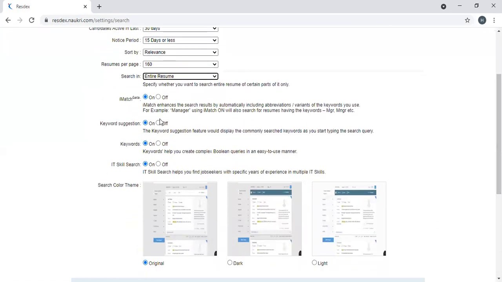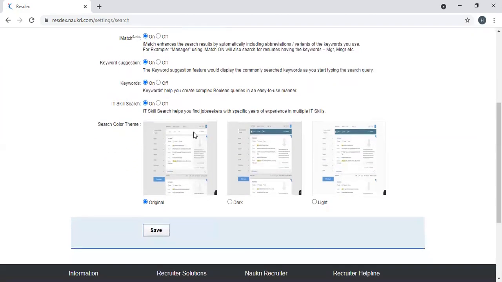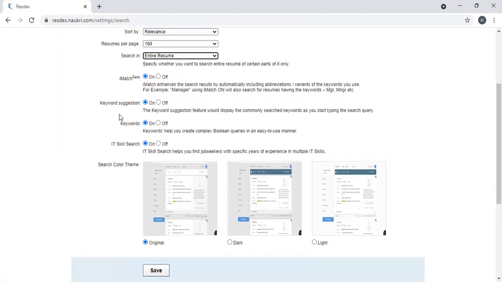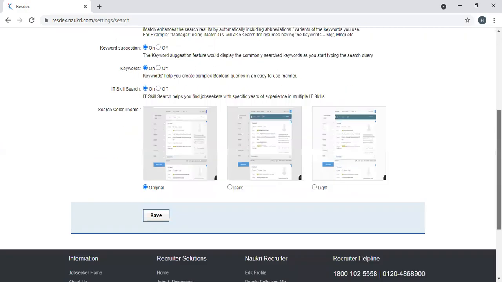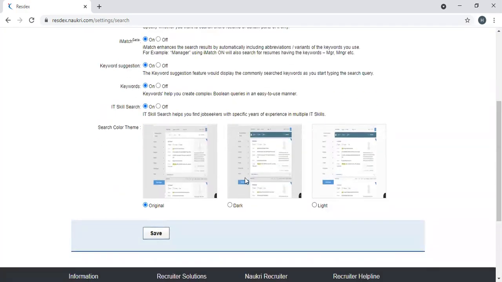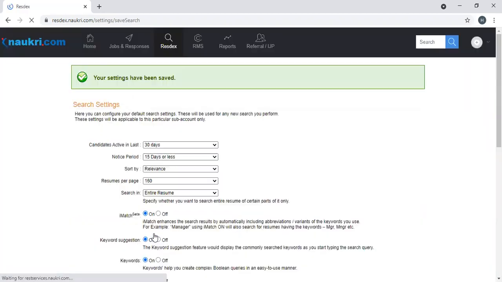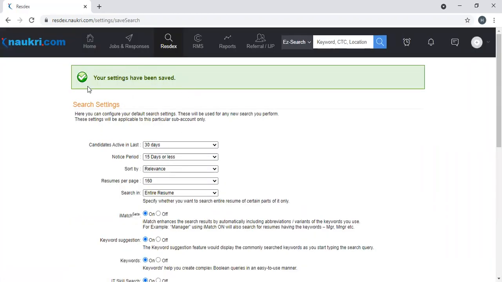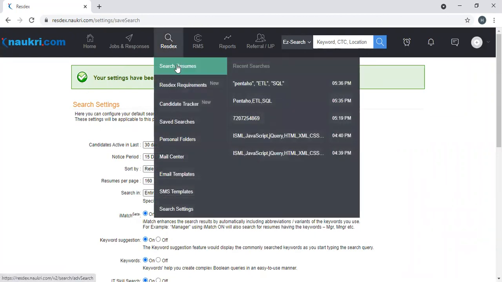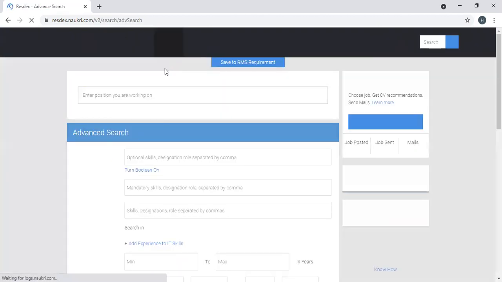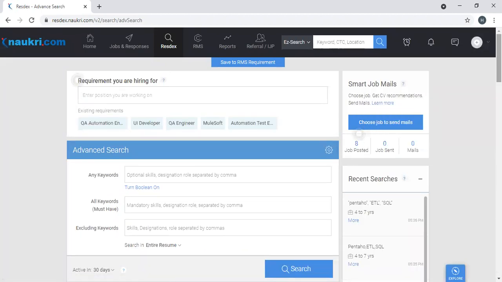There are other options like IMatch, keyword suggestion, keywords, IT skills, and other options like search colors and themes, the way you want to display your results. These basically enhance your results, so we'll talk about this in detail later. Once you've done these default settings, you save them and you'll see your settings have been saved. Then go back to the search resumes option and you see this page displayed,